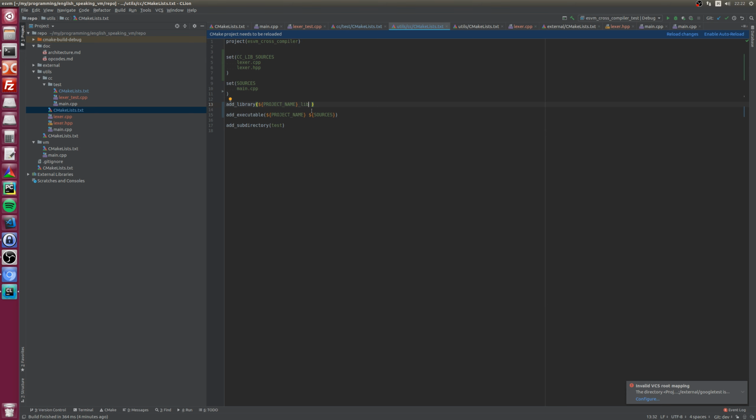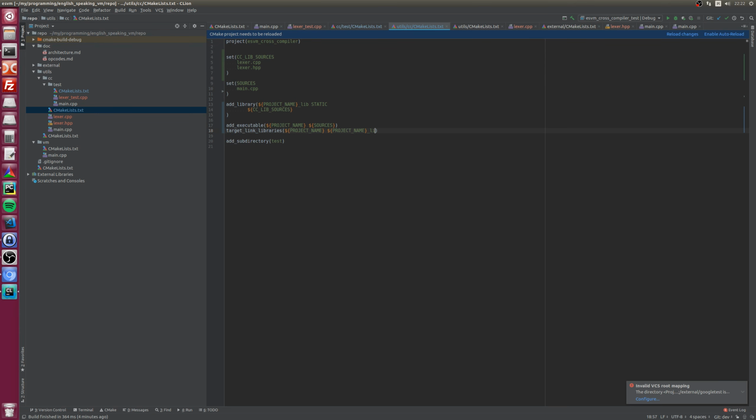Now with sources, cc-lib sources. Cool. It's going to be a static library. And now after add executable, target link libraries and project name.